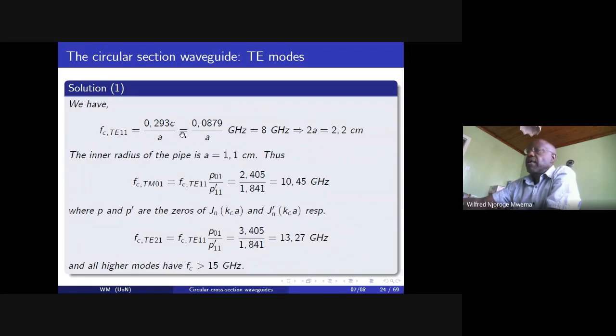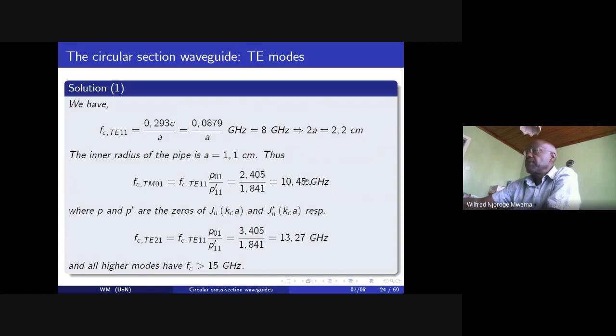0.293c over a, which is equal to 0.8 times 10 gigahertz, and about a value of 8 gigahertz there. And the 2a is of course 2.2 centimeters. The inner radius of the pipe is therefore going to be given by half of that, which is a, and you get a value of 1.1 centimeters. And thus, fc of TM01 will have a value of